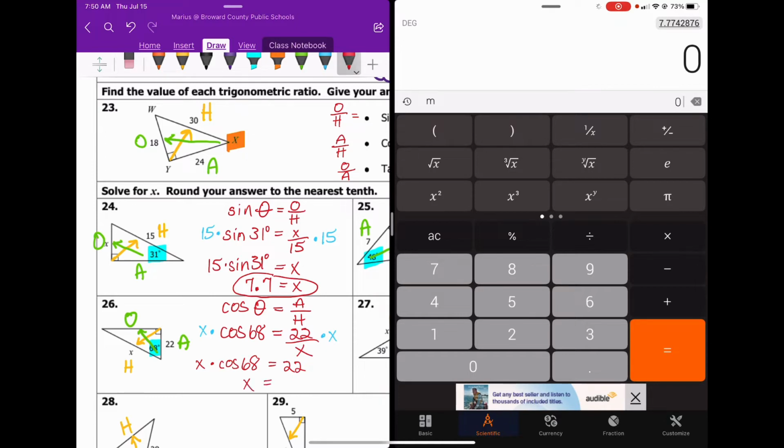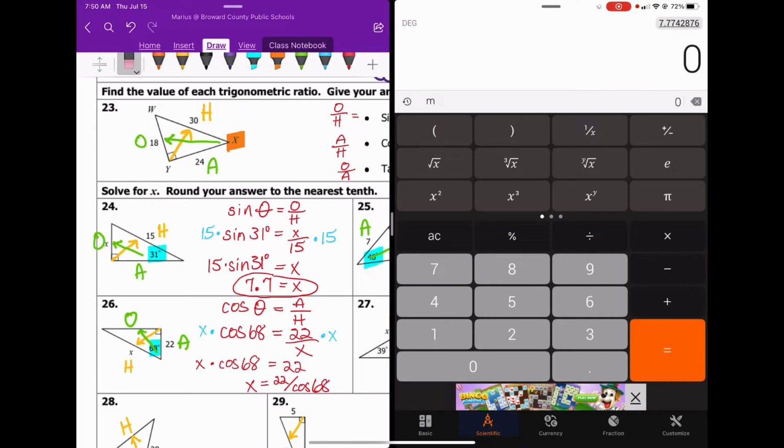X equals 22 divided by the cosine of 68. Okay, because all we're doing here is dividing both sides by the cosine of 68. So once again, x is equal to 22 divided by the cosine of 68. Okay. And now to get our answer in decimal form, in order to get our answer in decimal form, all right,